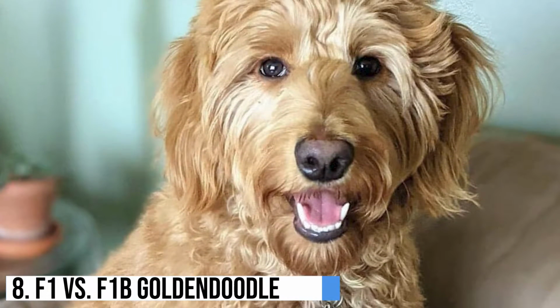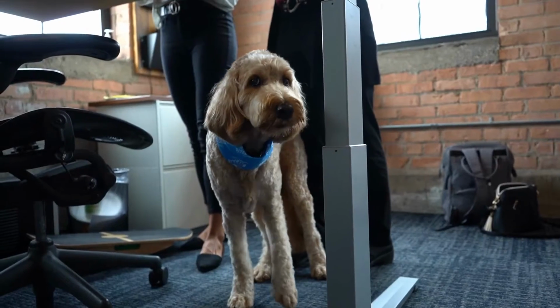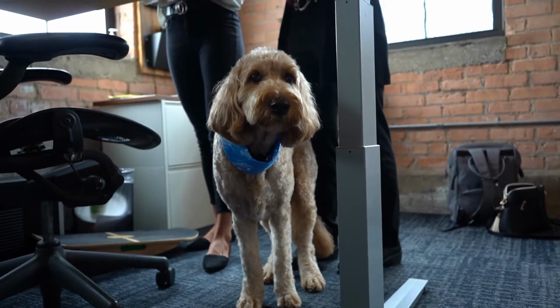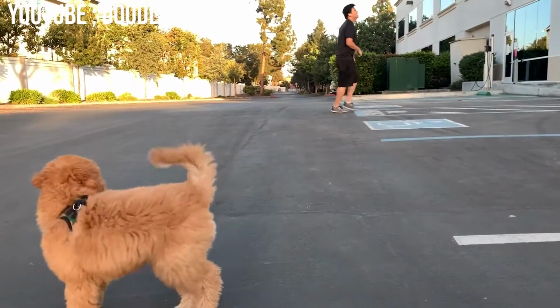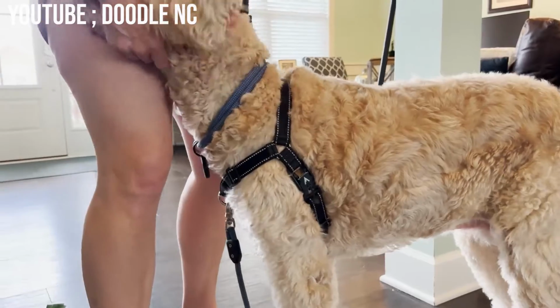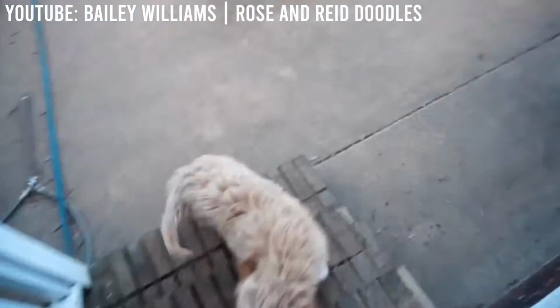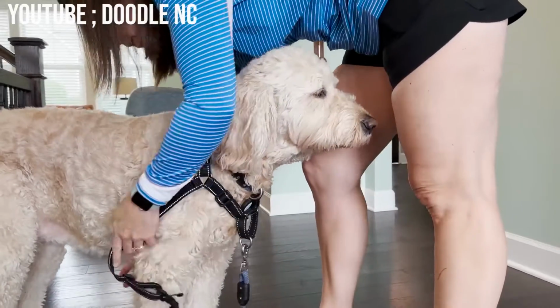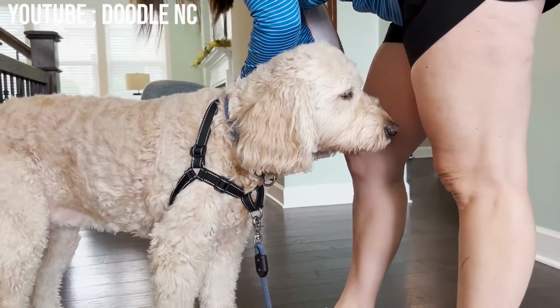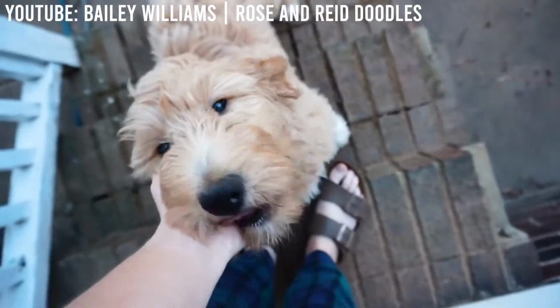8. F1 versus F1b Goldendoodle. First of all, let's break down the actual meaning of F1 in the word F1 Goldendoodle. The letter F represents the word filial, which basically means that the dog is not purebred, but a crossbred dog. Every Goldendoodle is a crossbred dog between a poodle and a golden retriever, so the letter F will be included